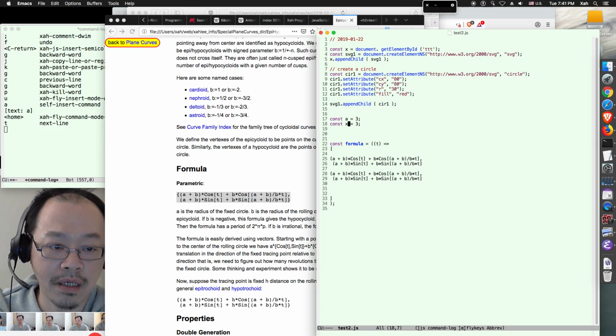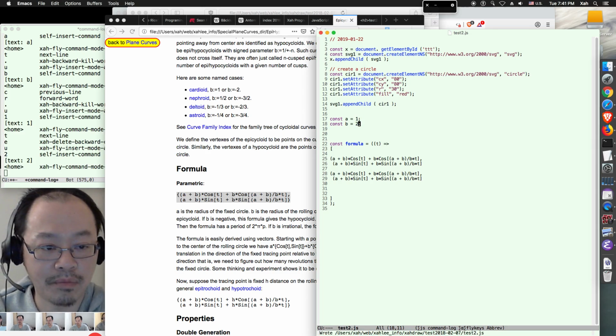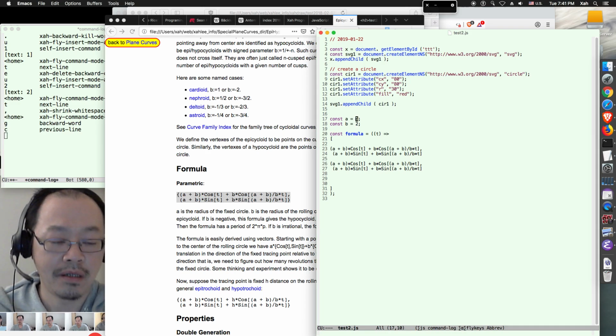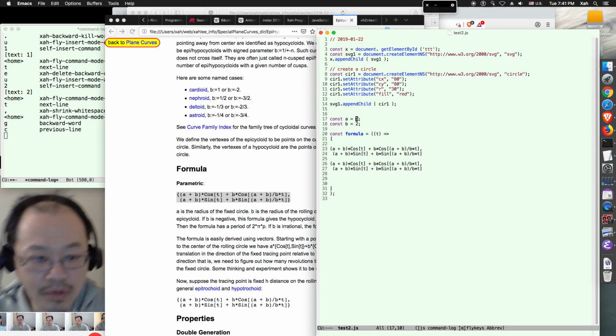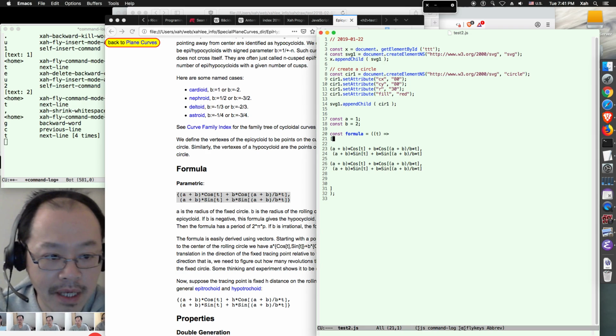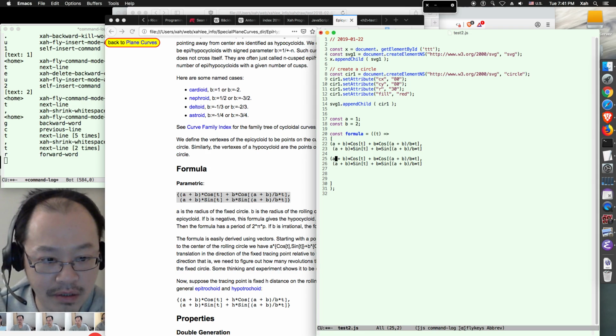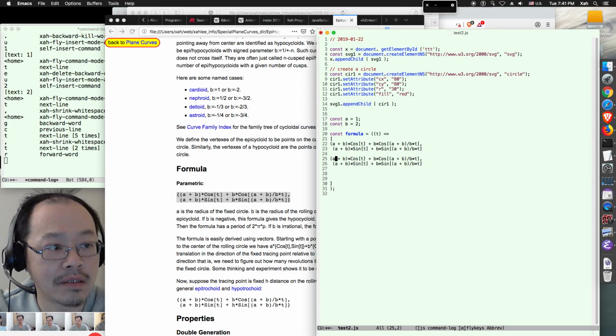So A, B, let's say, I forgot what the proper value should be, but let's just say A and B equals 1. So now we have a formula here, and let's forget about efficiency and everything about that. We just want to quickly get this done. Let's see if we can